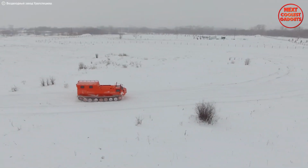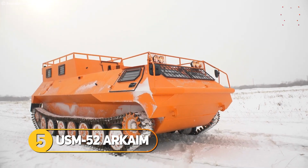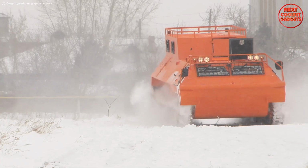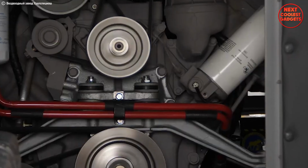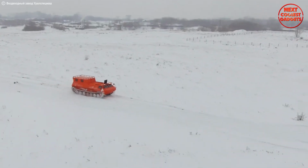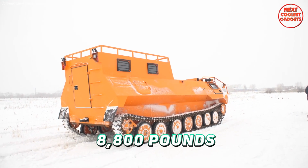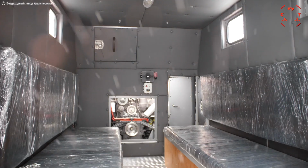When tough conditions demand an even tougher machine, look no further than the USM52 Archaeum. This all-terrain behemoth isn't afraid of anything you throw at it, conquering off-road challenges with ease. Under the hood lies a 310 horsepower engine, providing the muscle needed to tackle any terrain. It boasts an impressive payload capacity of 8,800 pounds, making it ideal for transporting cargo or even a team of